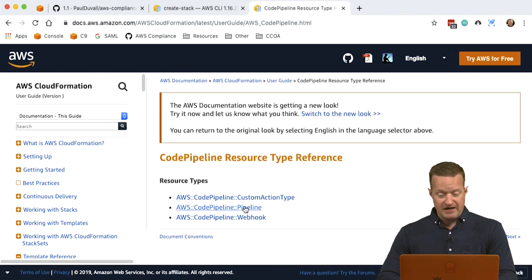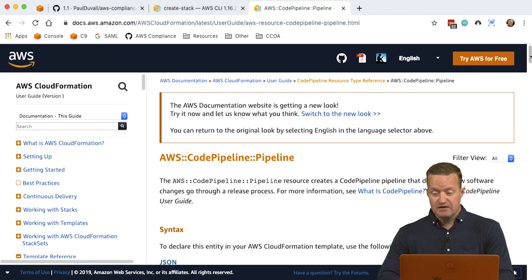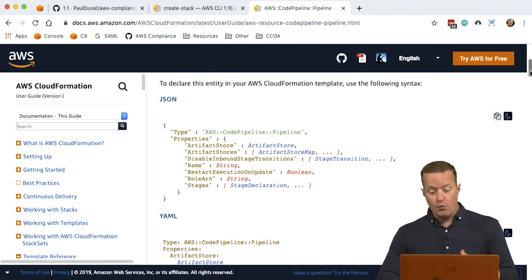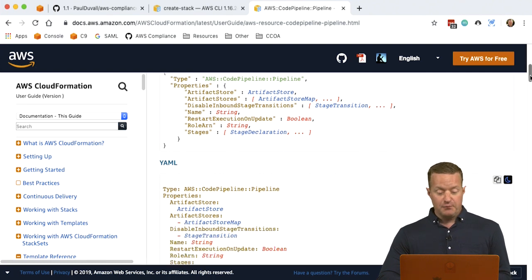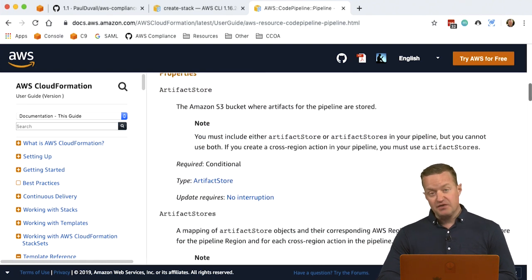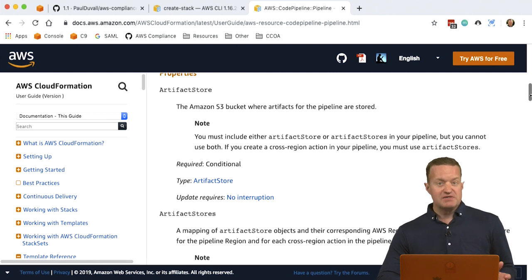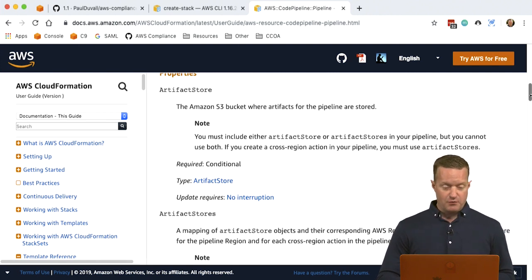Use CodePipeline, and I want to use the pipeline resource. I can see all the ways that I can use that. I can see the properties that are associated with that. And then I can see examples on how to use it, whether it's required, if there are certain data types that it uses. I can go into the data types and learn more about that. And so this becomes